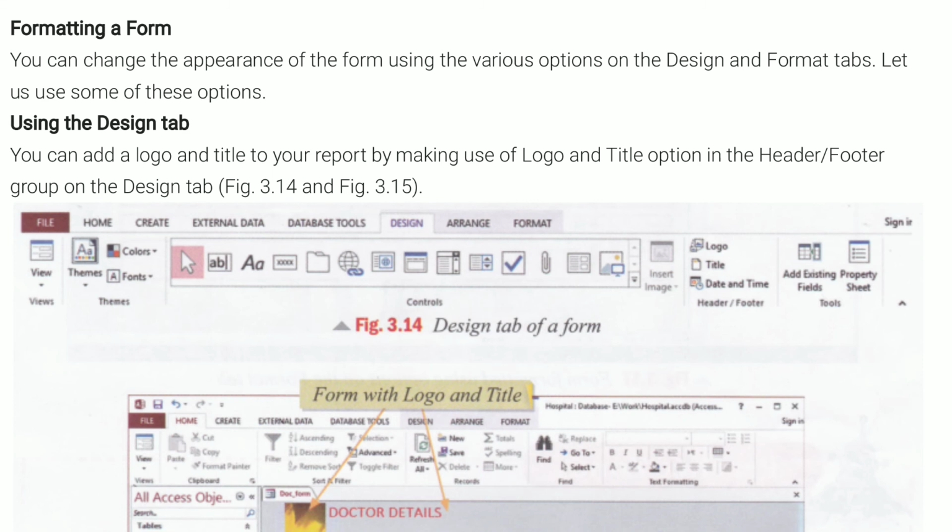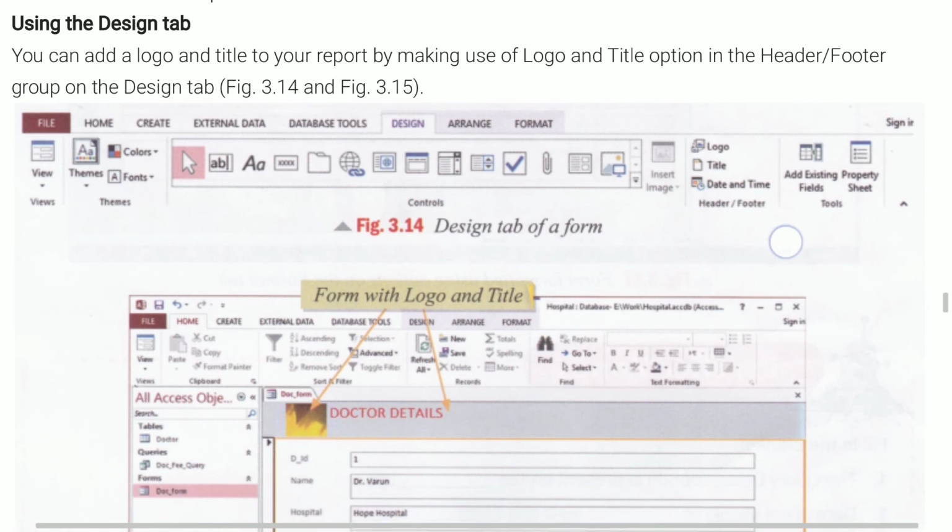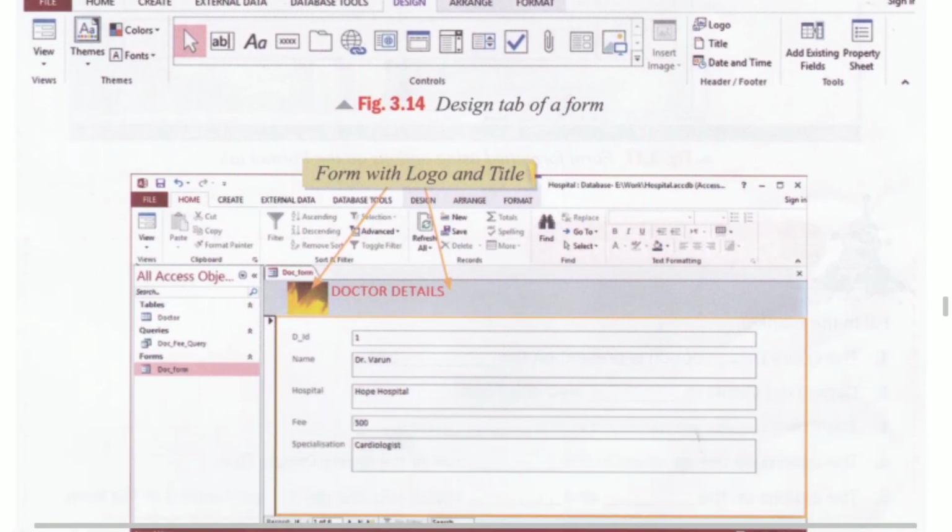Using these we can make changes through the design tab, and we can format the form according to our choice. As you can see in the figure, using this design tab, the logo and a header have been inserted.